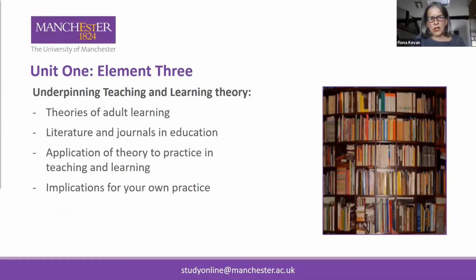So the third of the 4 elements is underpinning teaching and learning theory. And perhaps like me, when I set out beginning to think about this, you haven't appreciated yet that there is a whole body of literature. Theories about how adults learn, you know, that there is a certain way that adults learn that's perhaps different to the way that children learn, that there's literature and journals within education, but particularly in your own discipline,